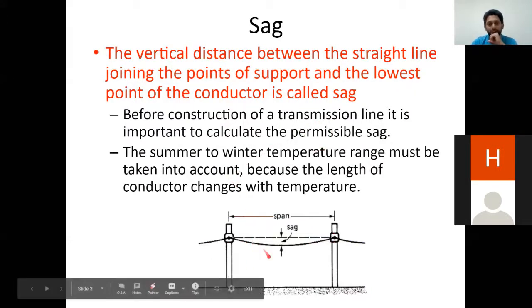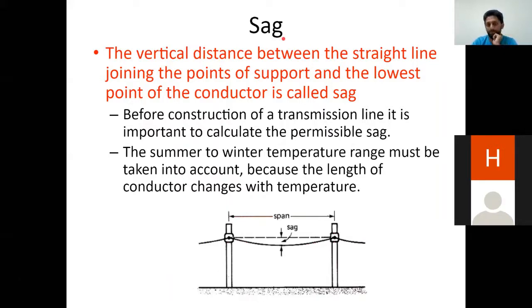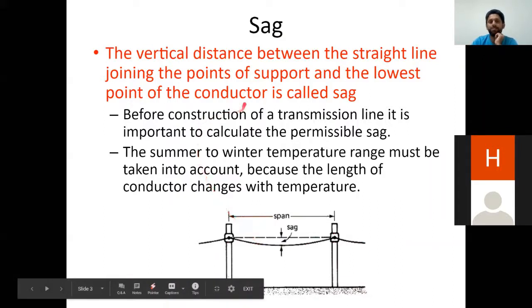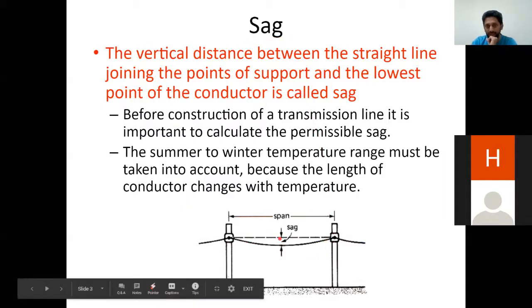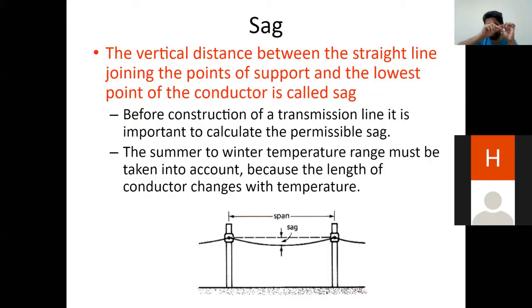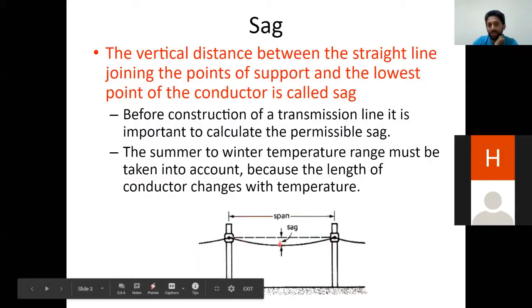The second important term, again related to the same picture, is sag. Sag also is an important term. First, let me explain what sag is. This is a straight line connecting these two towers or supports. And the transmission line, you might have seen, is always hanging down, not straight. A small hanging will be there. How much hanging is there? That slope is actually the distance between the straight line and the lowest point of the actual transmission